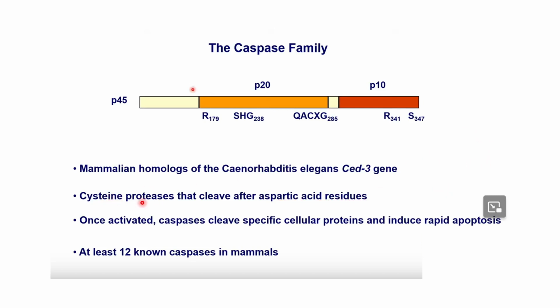Okay, it will mediate proteolysis through cysteine residues, and it will cleave after the aspartic acid residues on the target protein on which it acts. Okay, so that is the mechanism of this caspase. And once activated, caspases cleave specific cellular proteins and induce rapid apoptosis. So this is the role, and at least 12 known caspases are there,